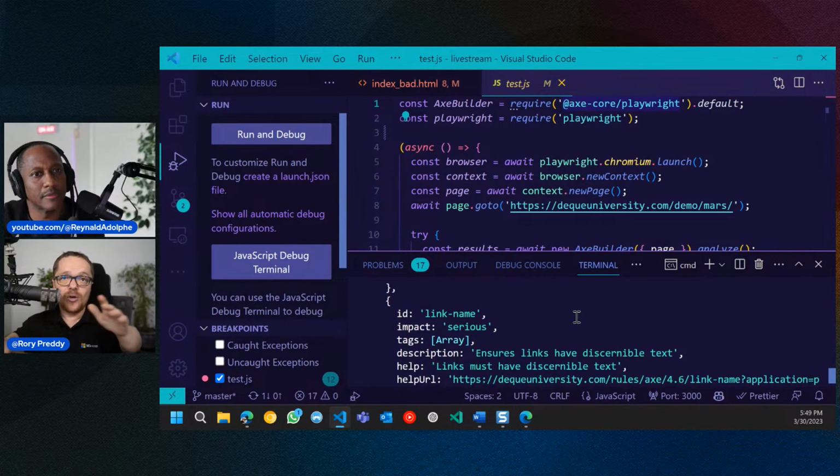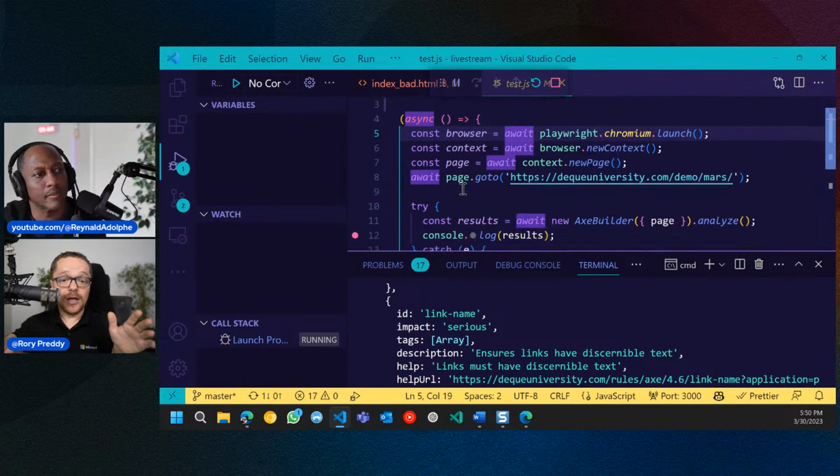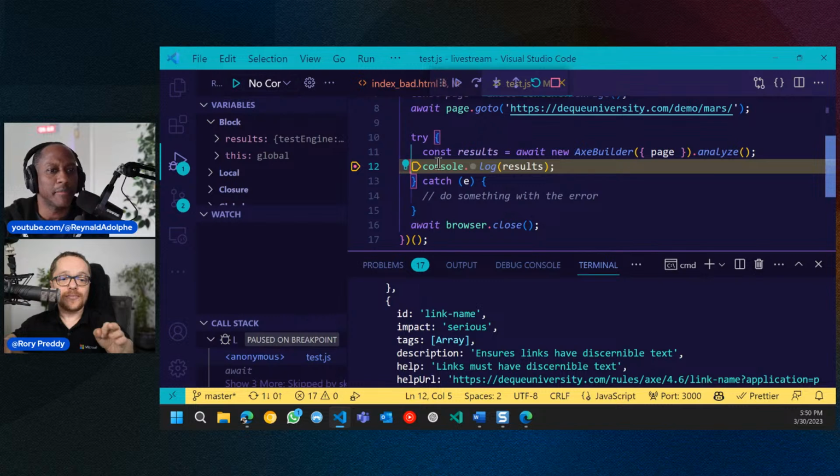A lot of issues. So the biggest benefit is you can actually create a report from this. You can go in there and say, Axe, go create a report. But I want to show you what this looks like if I do a debug. I want to go run in debug, test.js here, and then we go run in debug. And it should actually go in and break on that debug. Let's wait for it. Remember, this is running Chromium in the background against my test here. So let's see if it actually breaks. There we go.